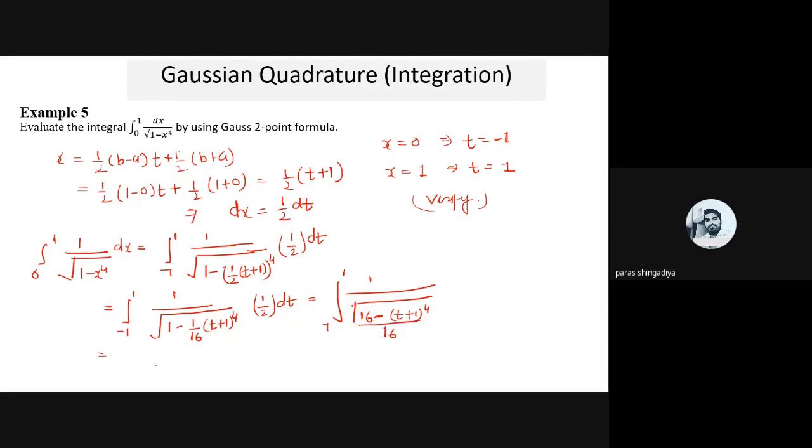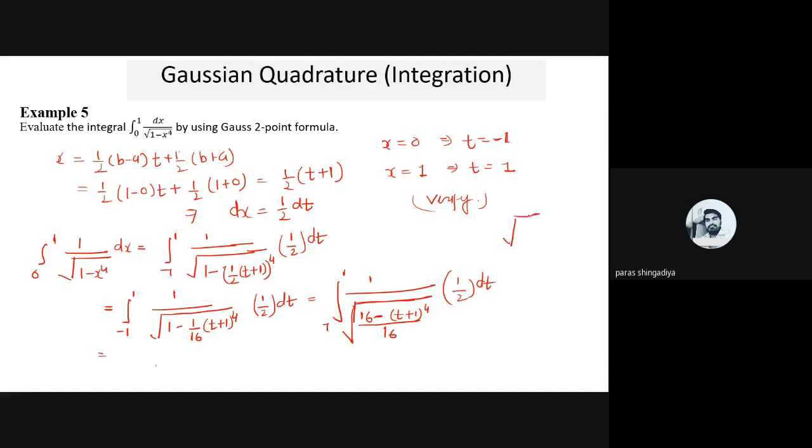Okay, the 16 is in the square root right now. That is the root of (16 minus t plus 1) to the power 4, divided by 16, into 1 by 2 dt. Clear? Now take root 16 to the numerator. Okay, root 16 shifts to the numerator. So it will be